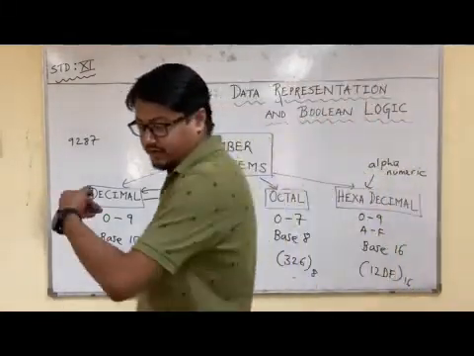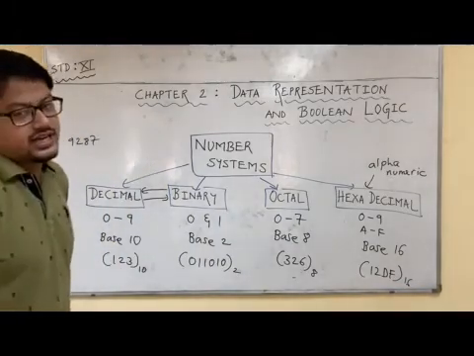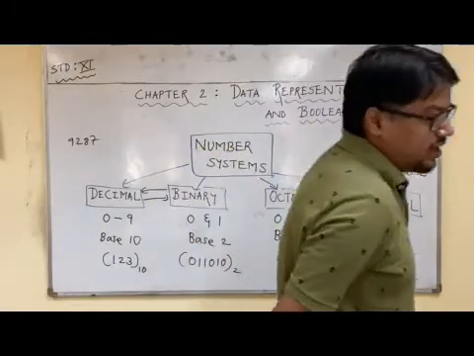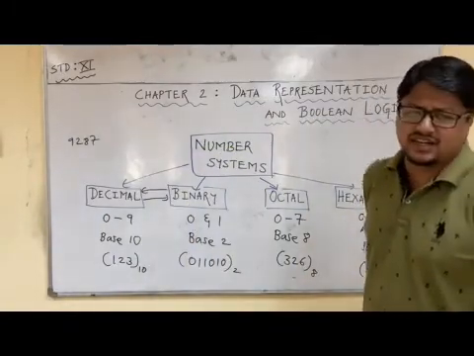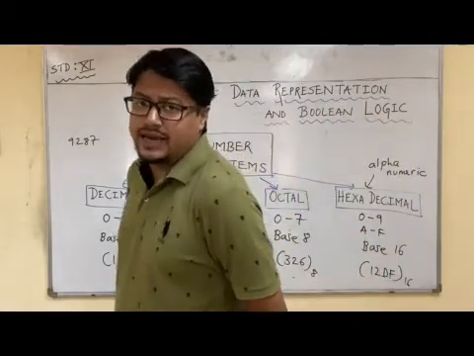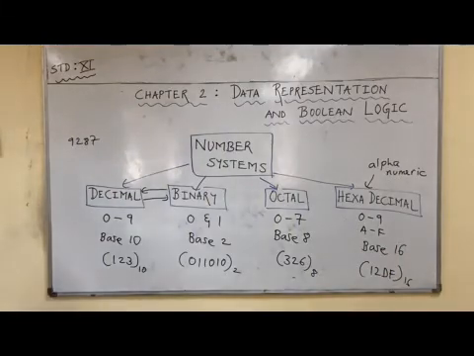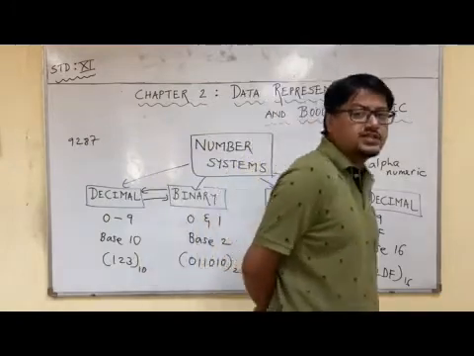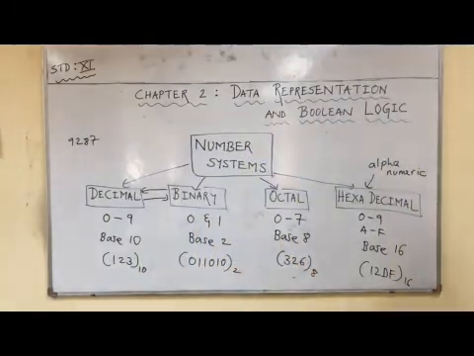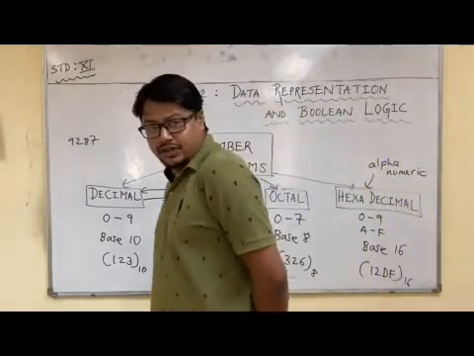So before we go ahead with the conversion, let us revise. Majorly 4 number systems are available in computer science terminology. Number 1 is decimal. I repeat, do not confuse it with the decimals that we do in maths. This is a little different. Decimal number is said to have the base 10. Why base 10? 10 digits are allowed, 0 to 9. Binary number system, well known to us. Why does the binary number system consist of 2 digits? Because it is dealing with electricity, and electricity has only 2 states. That is why the 2 states are represented by 0 and 1. So it has the base 2.